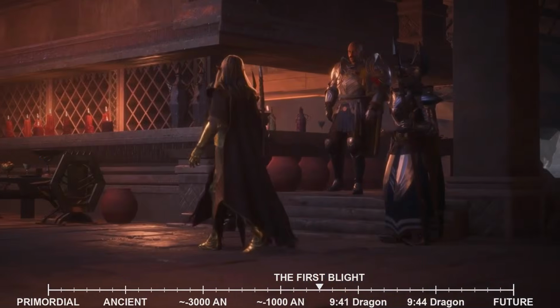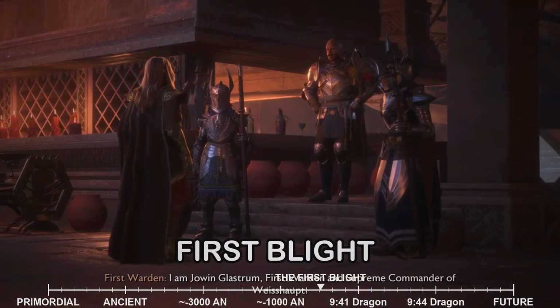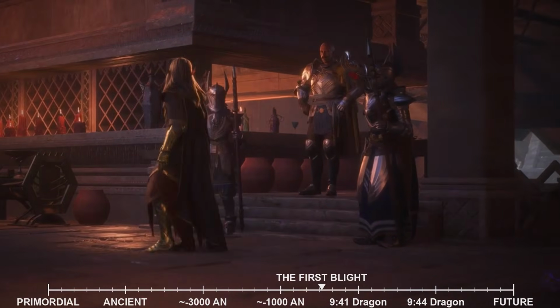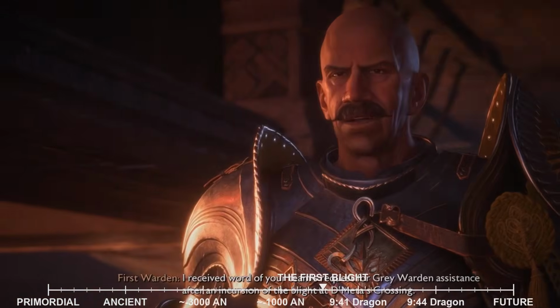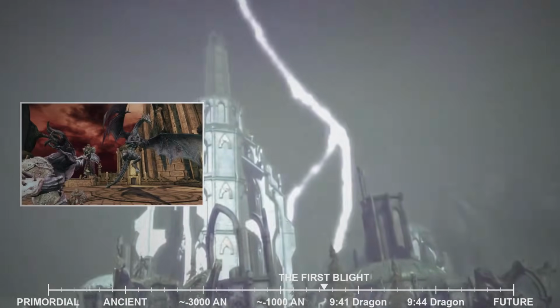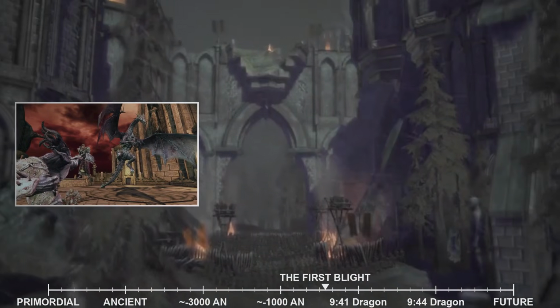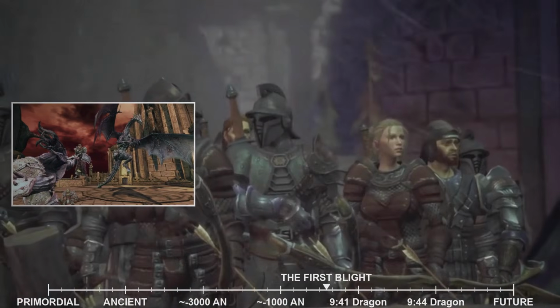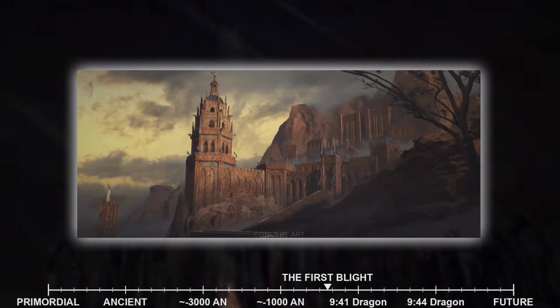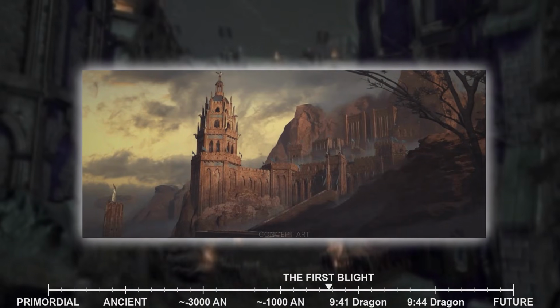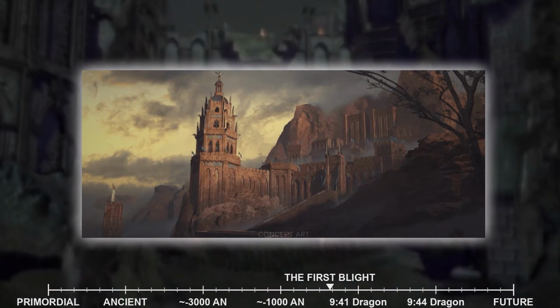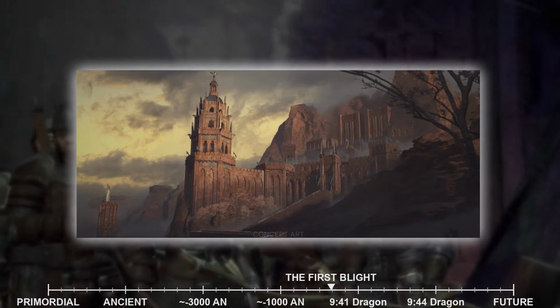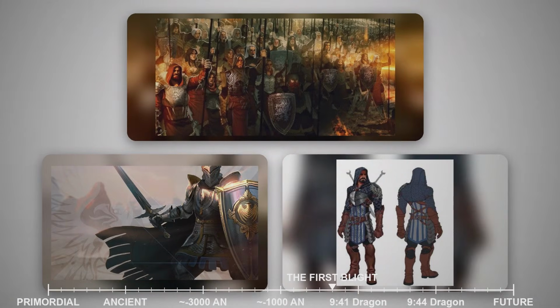In the aftermath of the First Blight, with the Archdemon defeated and the immediate threat subsided, the Grey Wardens solidified their position as a permanent fixture in Thedas. Their unparalleled success in leading the fight against the Darkspawn and their unique understanding of the Blight made them indispensable. They established their order as a global organization, transcending national borders, with fortresses like Weishaupt in the Anderfels becoming their primary headquarters. Their mission was clear: to prepare for the next Blight.